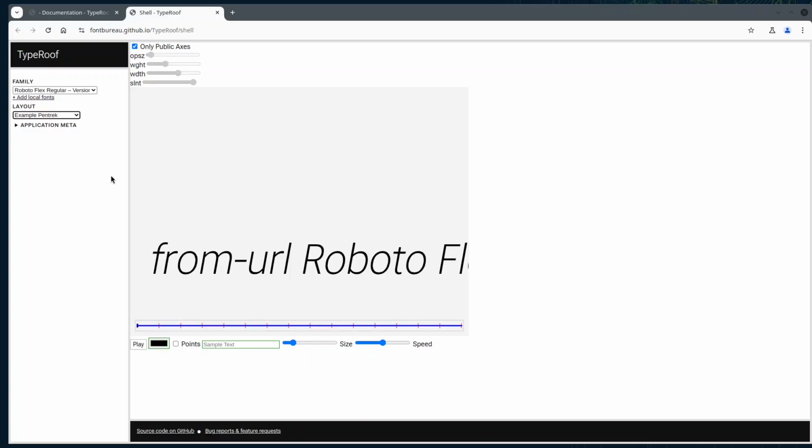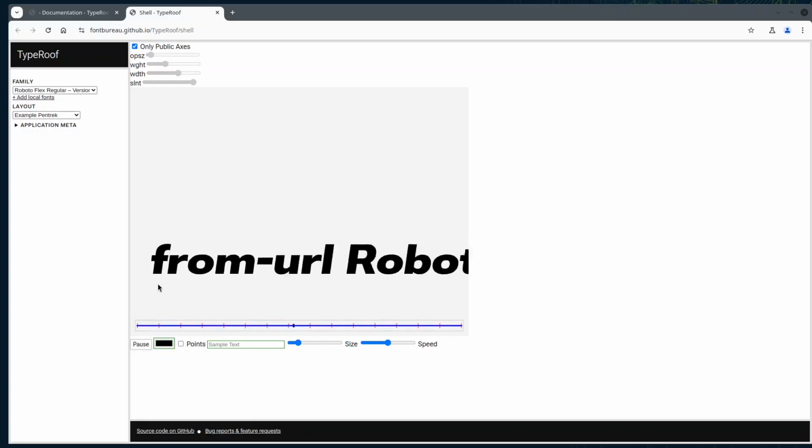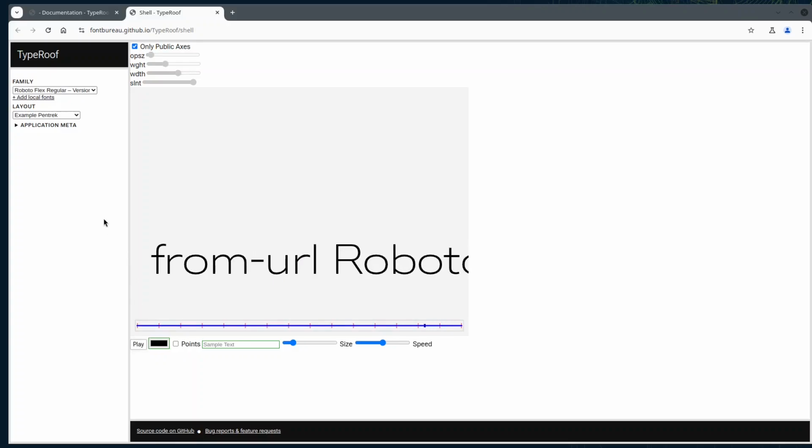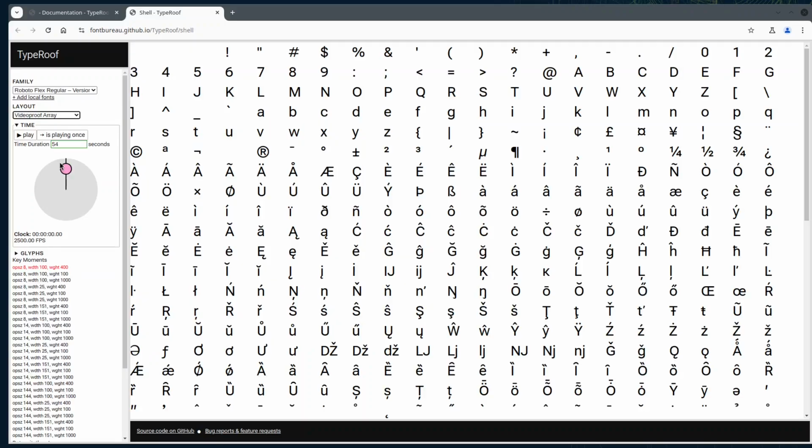There's the example pen track, which was explorative to find out if we want to use a WebAssembly based animation engine. It's playing animations, but we did not pursue this further so far. Video-proof array, not going to talk about this. It's kind of a step in between the legacy video-proof array and the video-proof array v2, which I'm going to